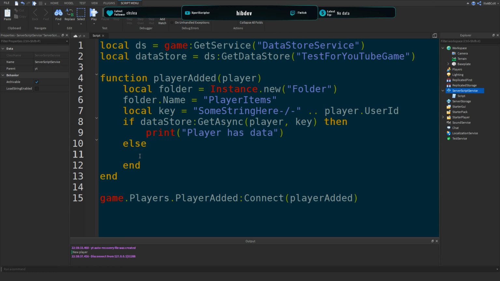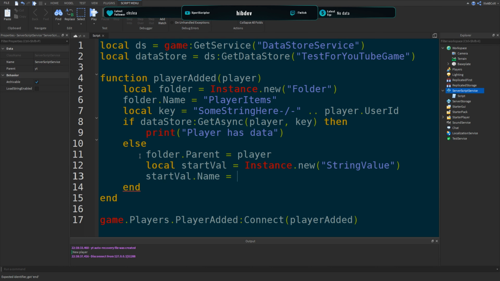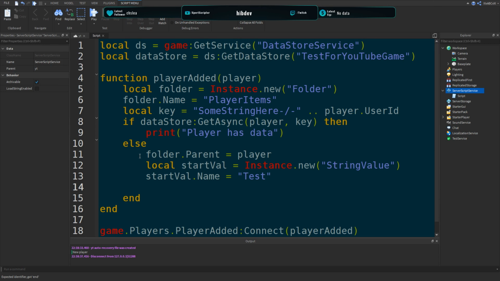Else, we need to say folder.Parent equals player. Local start file. Let's do some new string value. Start file name equals test. Start file value equals test 2. We'll do test 1. Alright, so if the data does exist, we can say